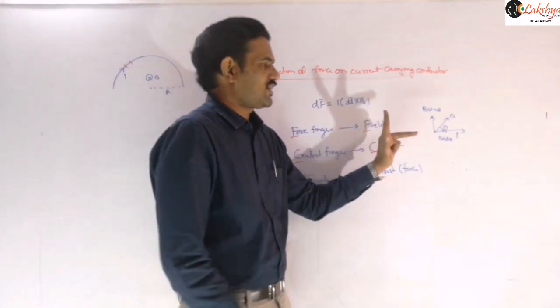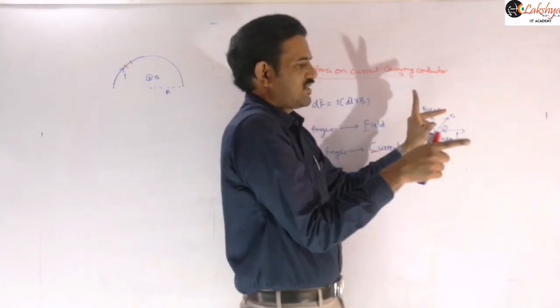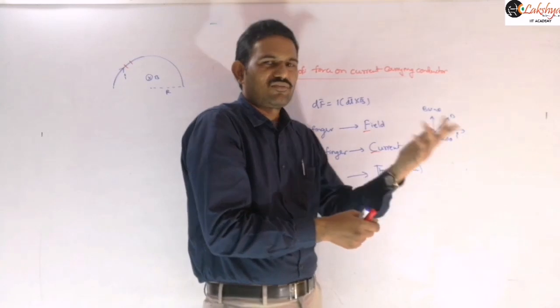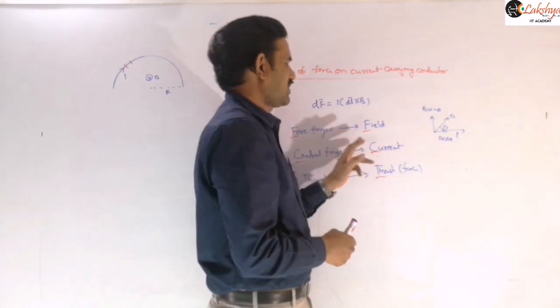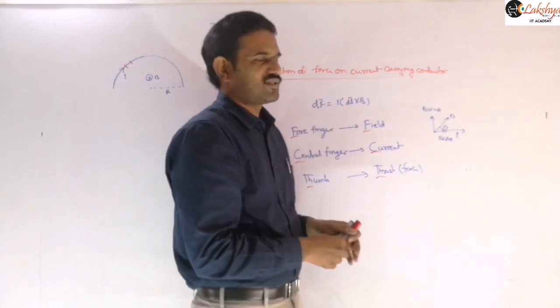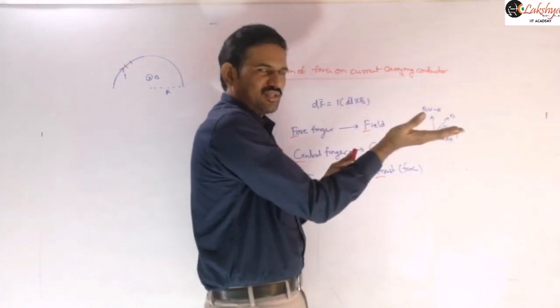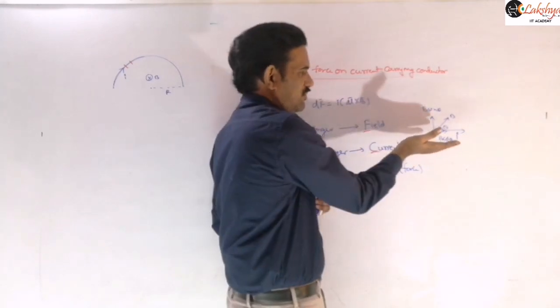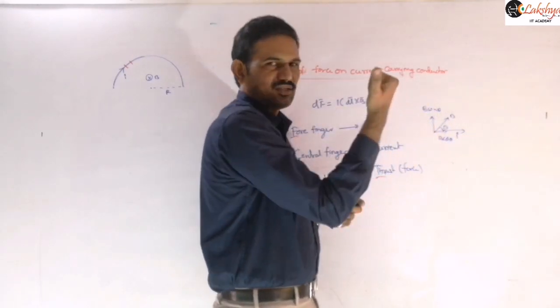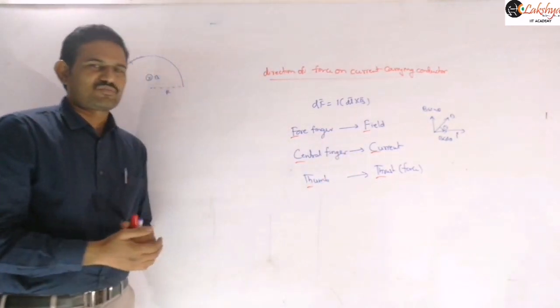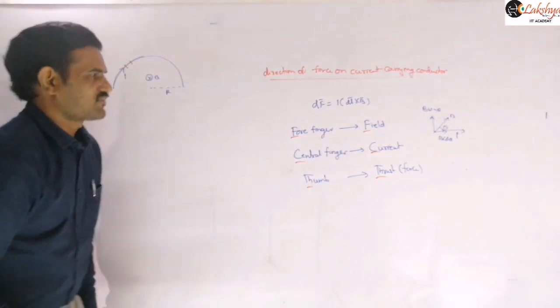So the field is along this direction, the current is flowing along this direction, then the thumb is out of the plane here. So the magnetic force acting on that conductor will be out of the plane. Or you can apply the cross product rule: dl bar is in the direction of I bar, so dl bar cross B bar means it will be out of the plane. So either you can calculate by the cross product rule, or you can apply Fleming's left hand rule here.